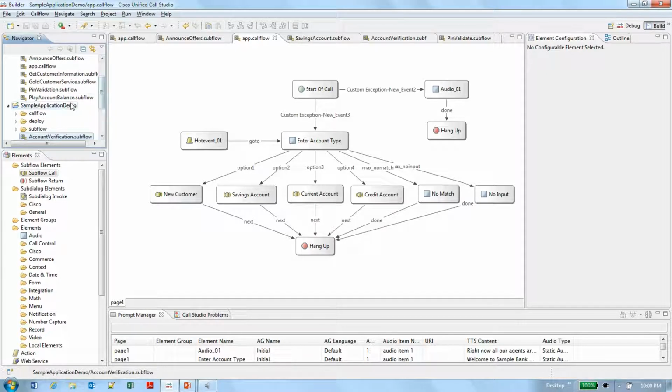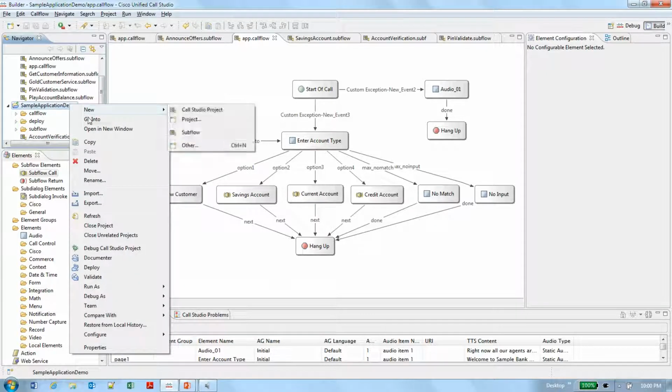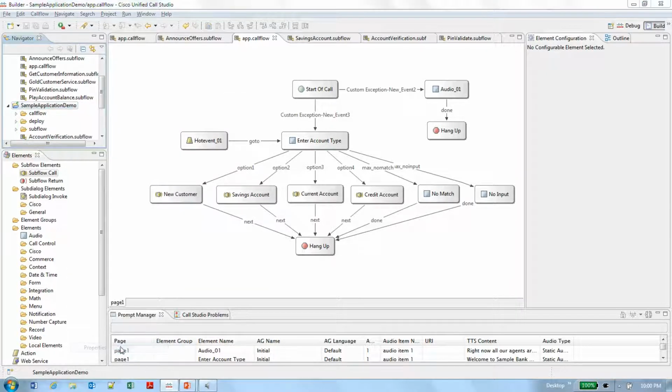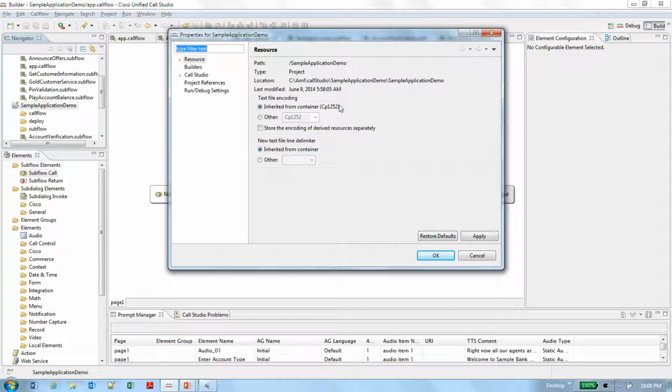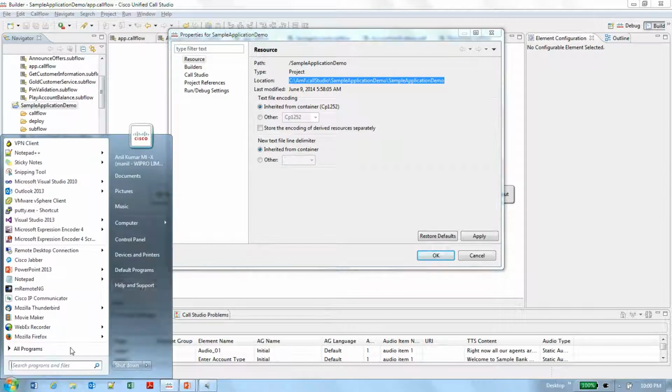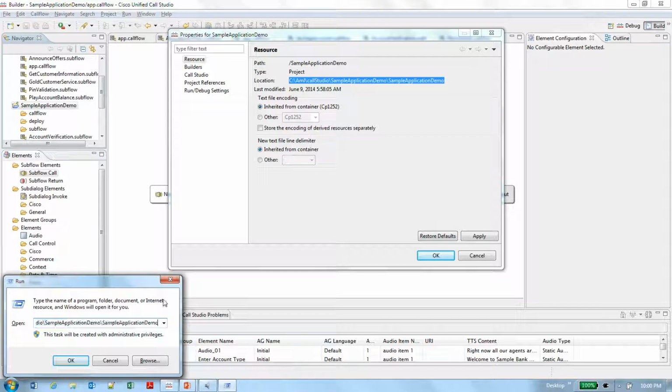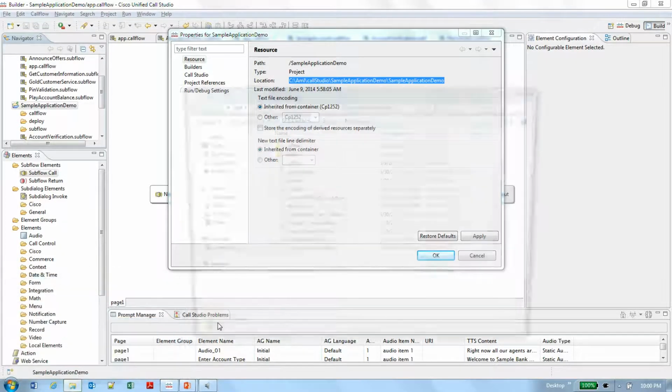First let us go to the properties of the bank sample application and find out the resource location of that. So let's go to that root folder.